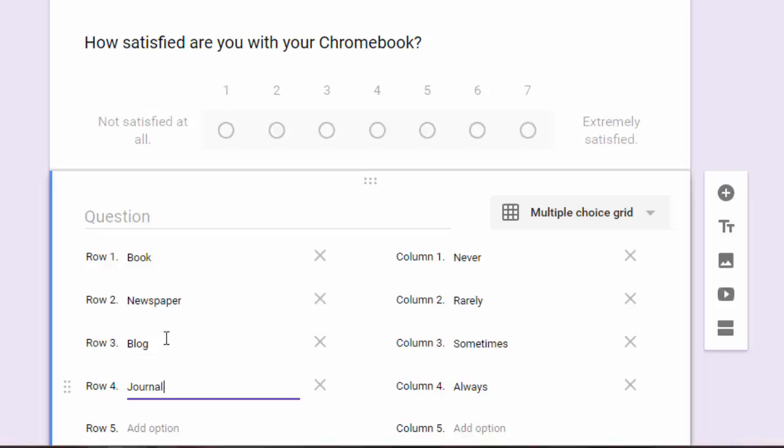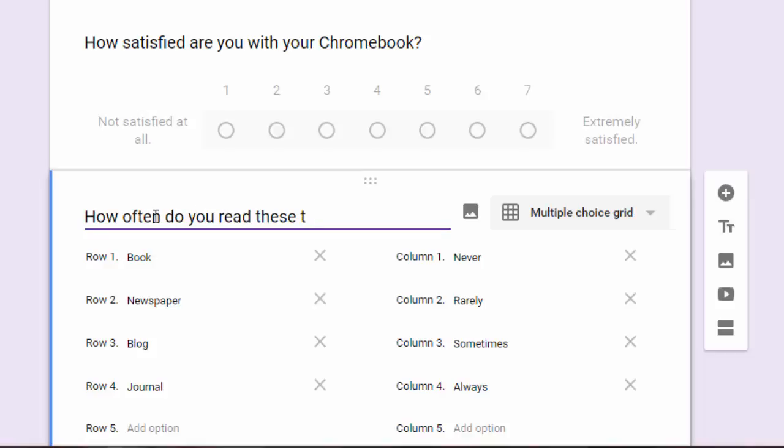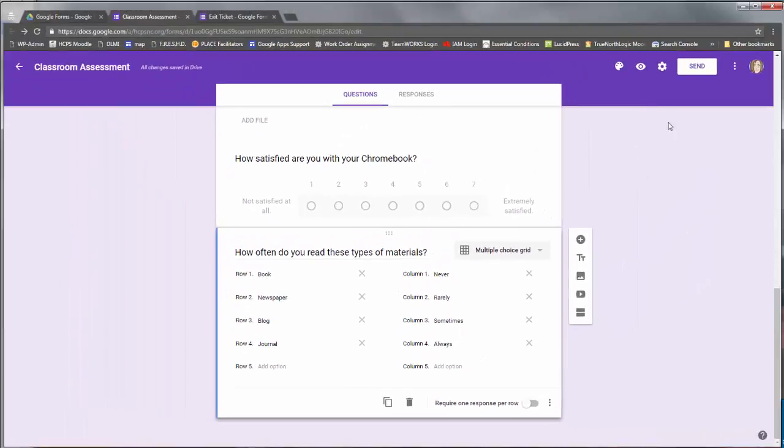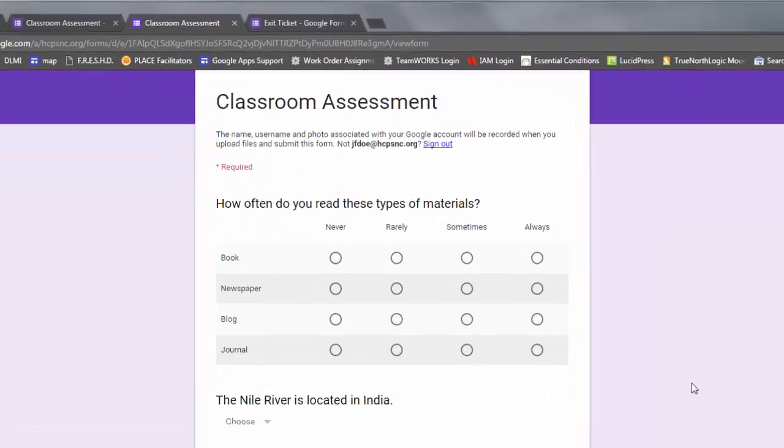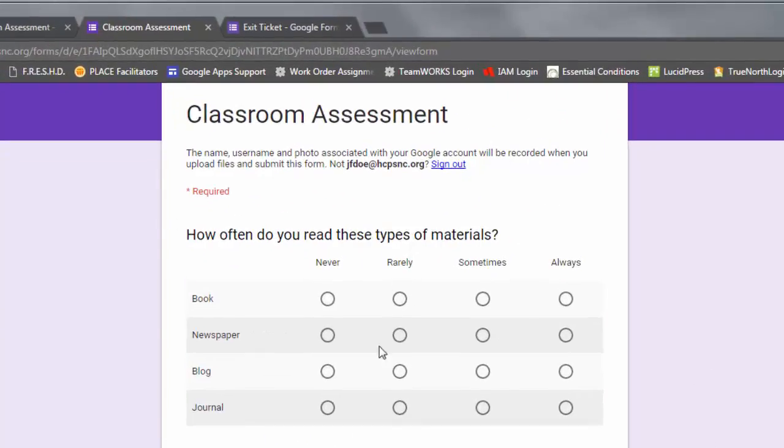And my question is going to be, how often do you read these types of materials? So if I come here and I go to preview, let's see what this is going to look like. How often do you read these types of materials? You'll see that they can answer each thing across. So this gives kind of a grid of them to answer questions. And this is great if you wanted to sort of combine a Likert scale with a